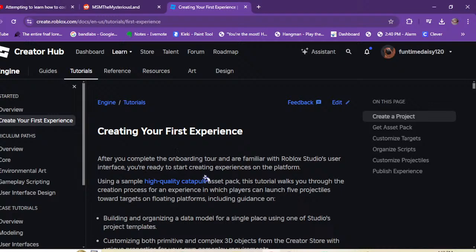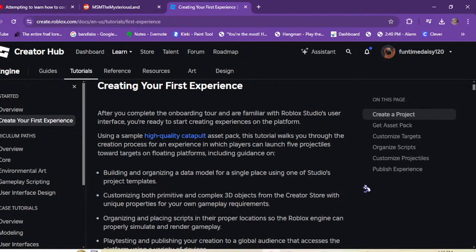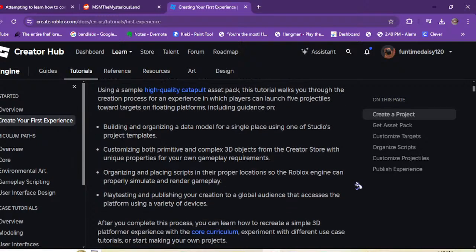So, create a project. After you complete the onboarding tour and are familiar with Roblox Studio's user interface, you're ready to start creating experiences on the platform. Using a sample high-quality catapult asset pack, this tutorial walks you through the creation process for an experience in which players can launch projectiles toward targets on floating platforms, including guidance on building and organizing a data model for a single place using one of Studio's project templates, customizing both primitive and complex 3D objects from the creator store